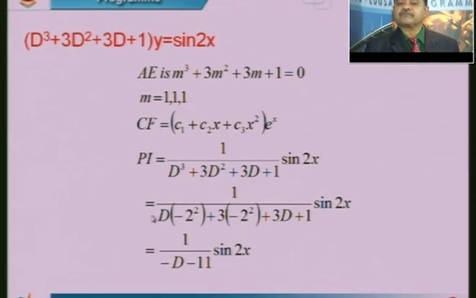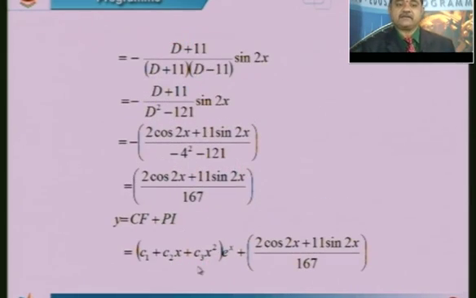Simplify it. You will get, see here, this is minus 4D, 3D, so minus D. Here minus 12 plus 1, minus 11. Take minus outside. So multiply and divide, okay. The procedure is the same. Again we get D square here, replace it, and we get the solution. So what is my complete solution? It is CF plus Pi. So these are some examples for the higher order.